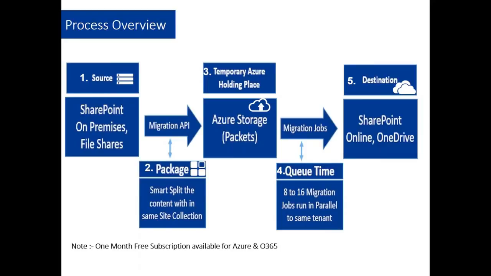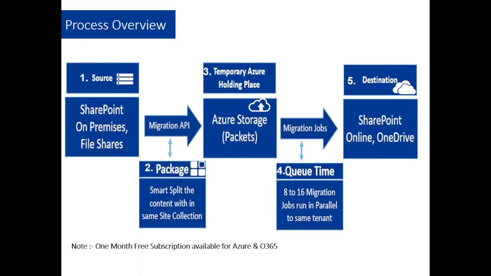So this is the process flow of how this entire approach works, how the packaging flows, how the content flows from on-premises to online, and what the contents and areas available are. If you can see the source, we have SharePoint where the content exists for us, or a file share, if you need to move content into OneDrive or a network share drive path, anything it can be. For SharePoint, we need to use the Export-SPWeb command to download the content. So that will become the content for us.